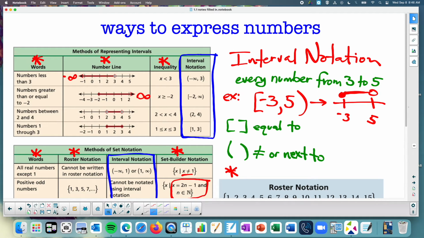Interval notation, to be honest, is going to be really easy once you're used to it. And it's usually a lot quicker to write answers than all the other forms. And that's kind of why they're going to use interval notation for most of the classes from here on out. The only other thing